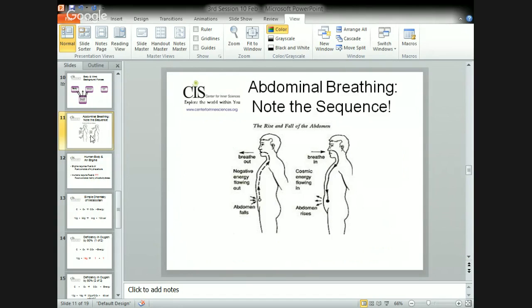Abdominal breathing, diaphragmatic breathing. Note the sequence. If you go to visit a doctor, he puts his stethoscope, he says, take a deep breath. What do you do? You breathe in as deep as possible. But you must have noticed on day 1, I talked about breathing, it's a cyclic process. Exhalation of air and inhalation. So like day and night, one could say it is day, night, day, night, or one could say night followed by day, again night and day. Wherever you start from, it is all the same.